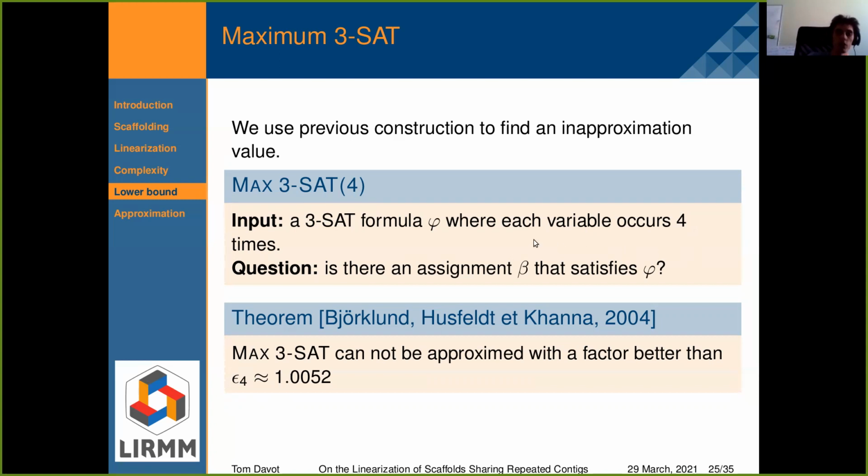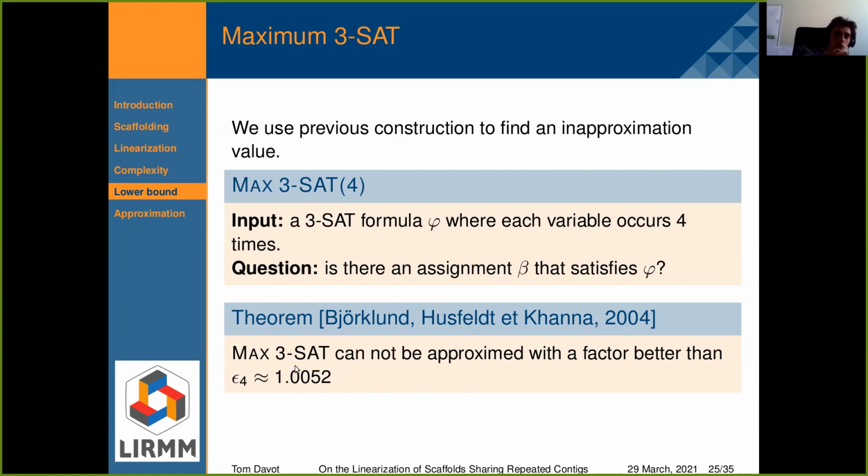And we want to find an assignment that maximizes the number of clauses satisfied. And we know that this problem cannot be approximated with a factor better than epsilon 4, which is almost equal to 1.0042.